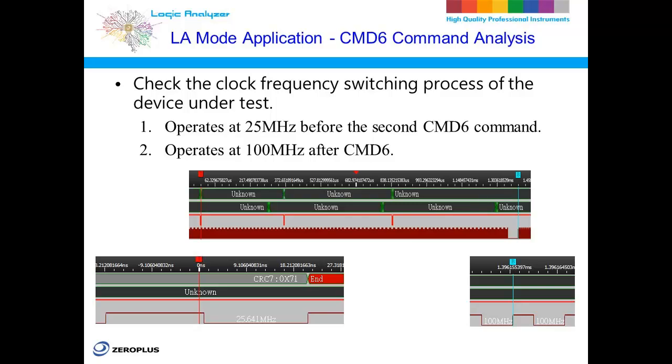Using trigger settings, we can capture each detail during the clock transition and compare signal characteristics before and after to identify potential issues. By using B2 for CMD6 command analysis, we gain insights into clock transitions during command execution. The shift from 25 MHz to 100 MHz is crucial to ensure the card supports high-speed data transfer. Through precise clock checks and signal analysis, we can quickly detect issues, ensuring test reliability and ultimately enhancing overall system